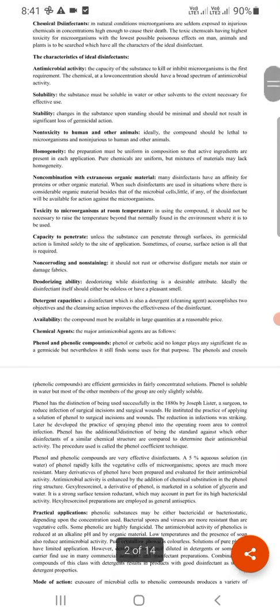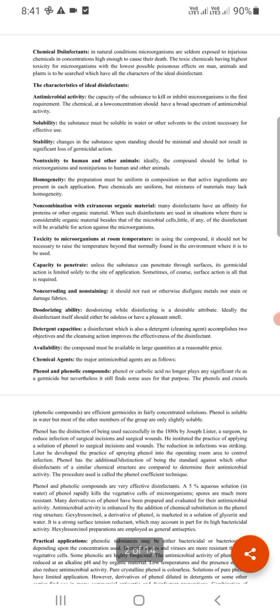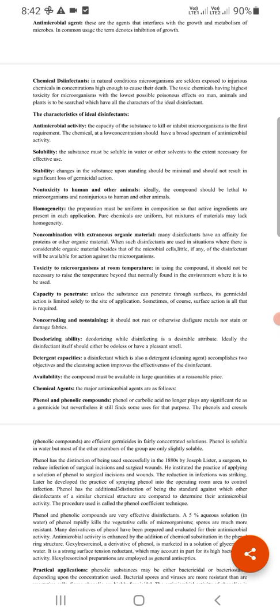The term chemical disinfection or disinfectants, as we discussed in the previous lecture: the chemical disinfectant must prevent the growth of microorganisms, or suppress the growth of microorganisms, or kill the microorganisms, and it should not have a toxic effect on man or animal or plant. The characteristic of an ideal disinfectant is having the lowest possible toxicity towards human beings, animals and plants, and the highest possible toxicity towards microorganisms. The first ideal feature of a disinfectant is antimicrobial activity of